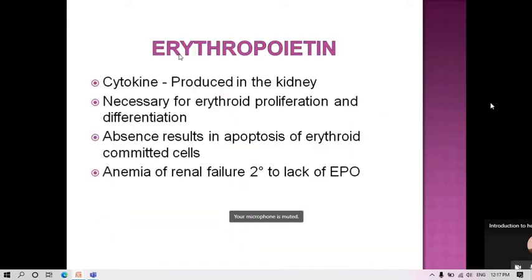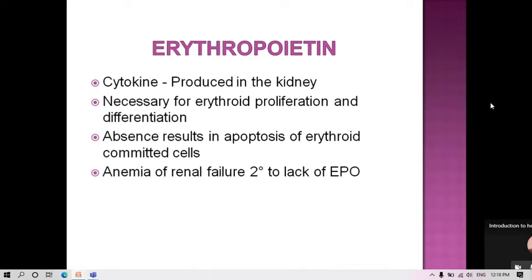For hematopoiesis, there are many growth factors which play a very important role, and among those, erythropoietin is very important. As we all are aware, erythropoietin is synthesized in the kidney. You must be remembering that in the kidney we have the glomerulus, and in the glomerulus there is an afferent arteriole and an efferent arteriole. The afferent arteriole carries the oxygenated blood, and after filtration whatever is left moves out of the kidney via the efferent arteriole. So when this afferent arteriole, in the kidney there is the juxtaglomerular apparatus.